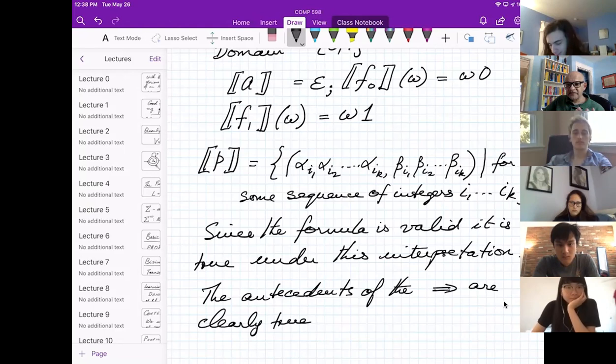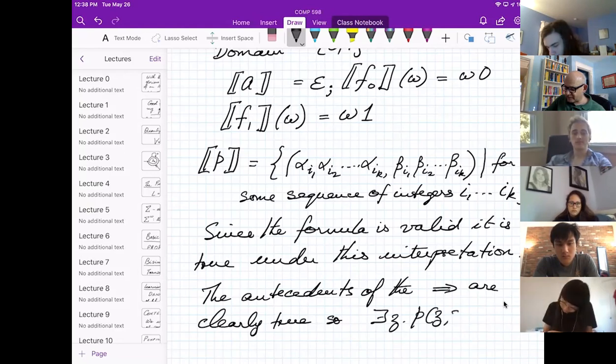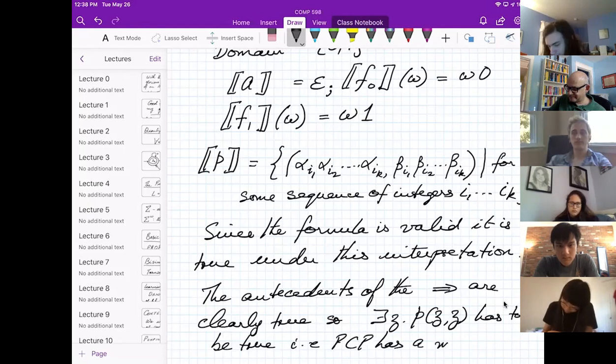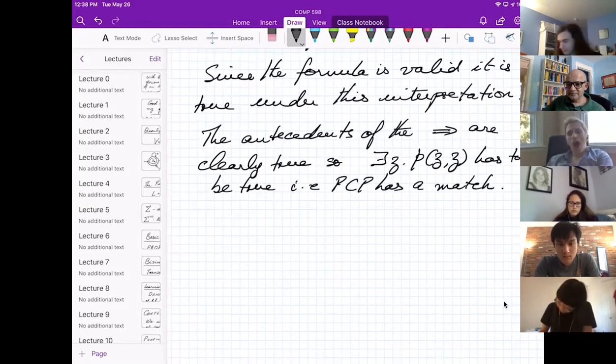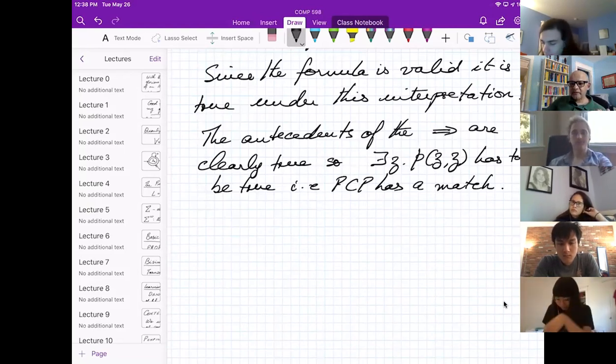Okay, so the antecedents of the implication are clearly true. So exists Z, P(Z, Z) has to be true, i.e. the PCP has a match. So it's just cleverly coding up everything on the PCP in the logical apparatus. Not even that much was needed.